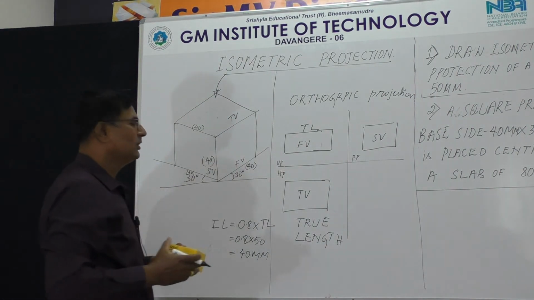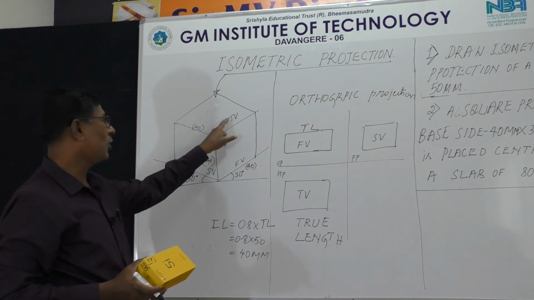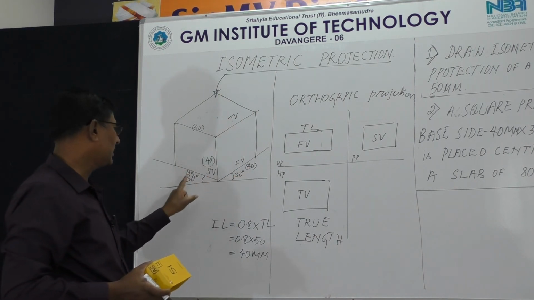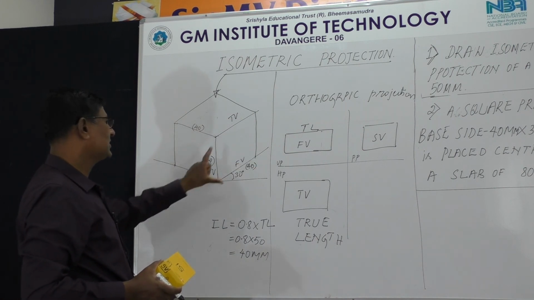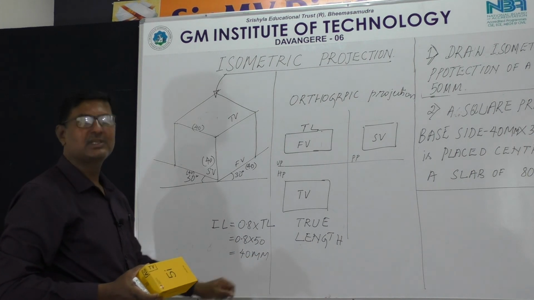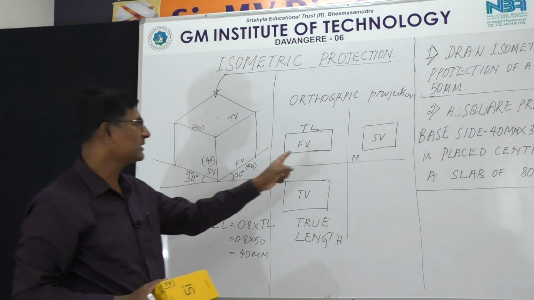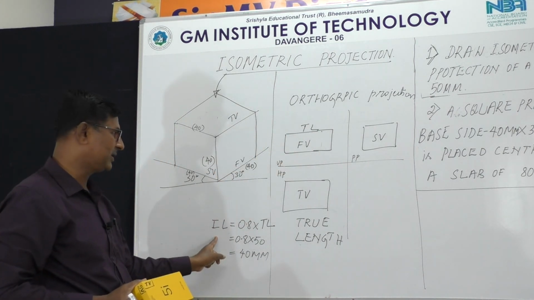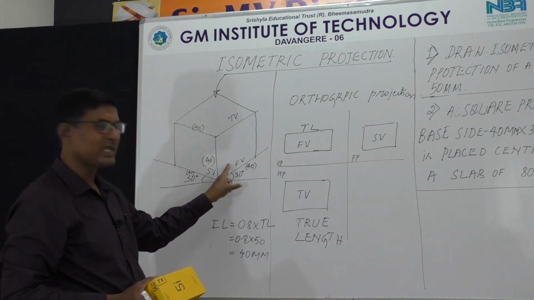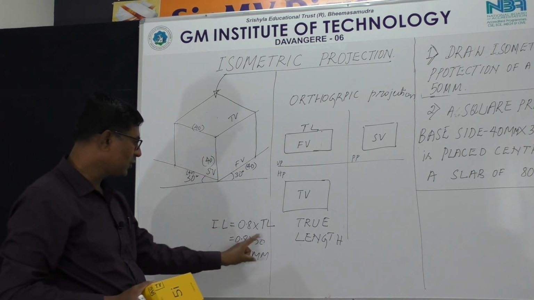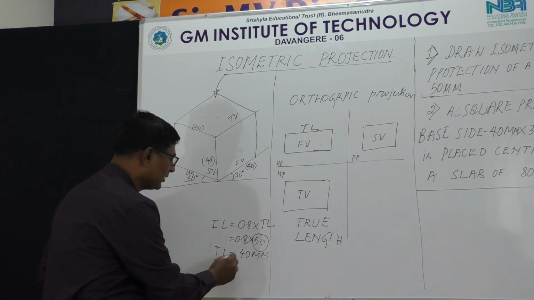But make sure you are not supposed to write front view, side view, top view, nor write 40, 40, 40. Simply draw a 30-degree line. Just take whatever the value is. Every time you need to calculate using a calculator or do it in your mind. Whatever the size is here should be converted into isometric. The size here is the true length; the size you take here is the isometric length. So if the actual size is 50 millimeter, the isometric length is going to reduce to 40 millimeter.